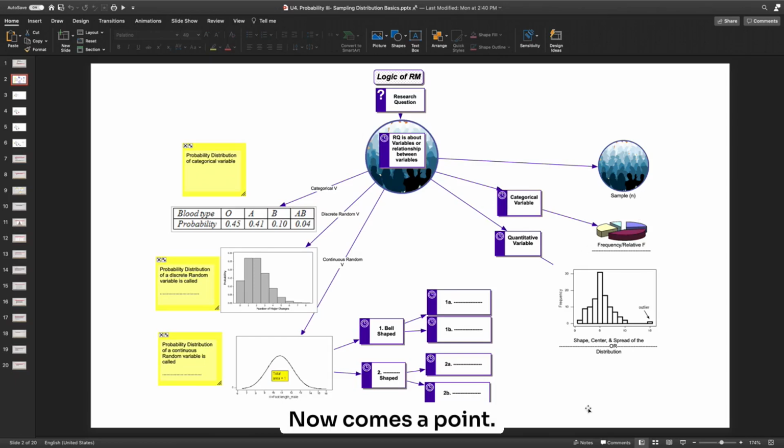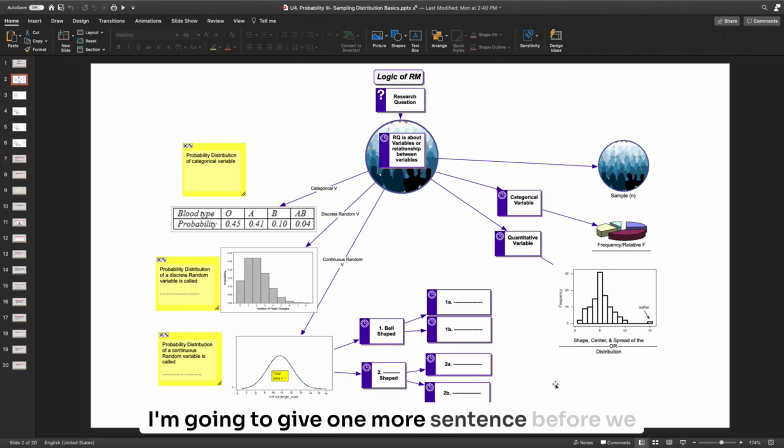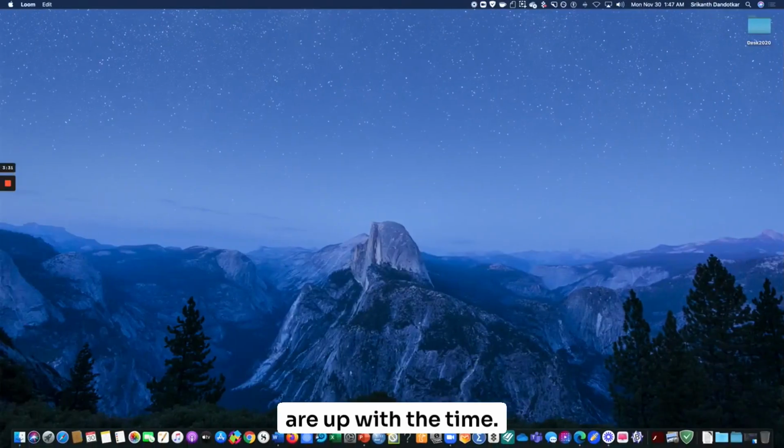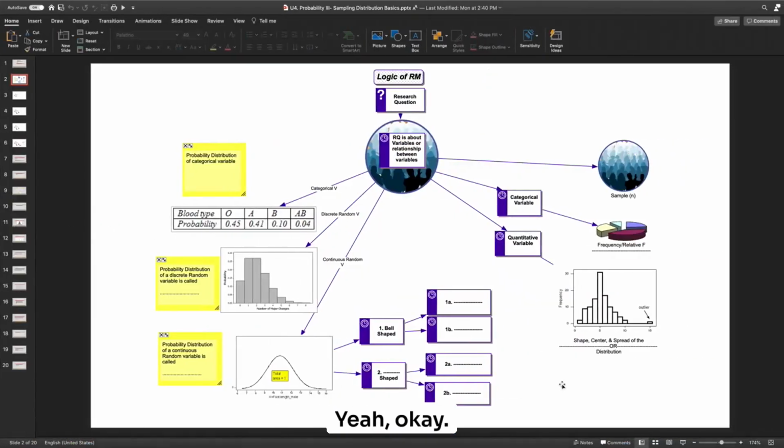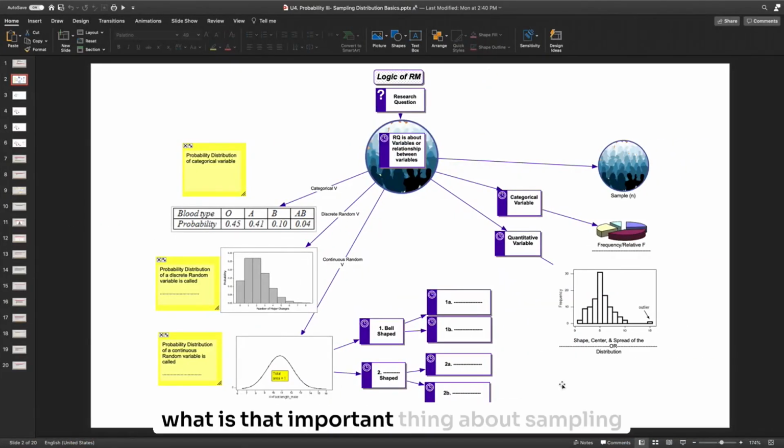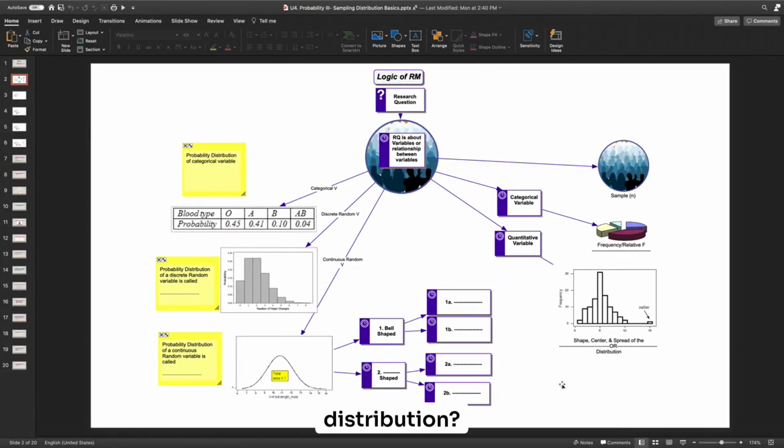Now comes a point that connects these two. And that is sampling distribution. I'm going to give one more sentence before we are up with the time. So what is that important thing about sampling distribution? I'm going to move on to the next